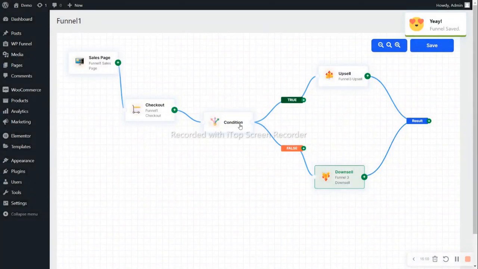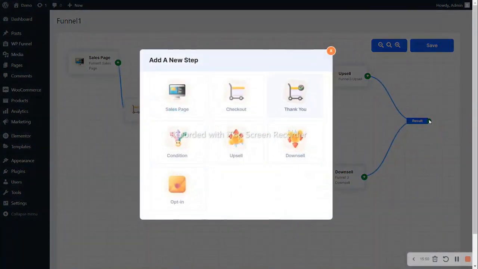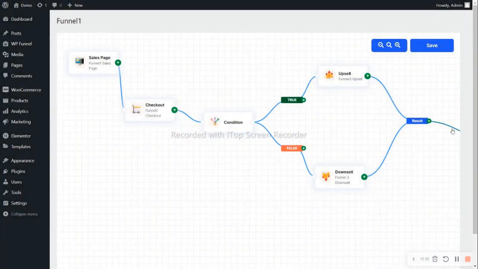So you have added the condition for true or for false. We have added the upsell and downsell page, and at last you can set the result, as you can set the thank you page in the result.